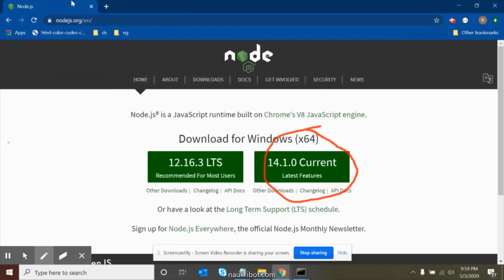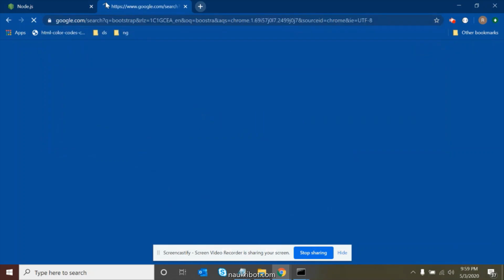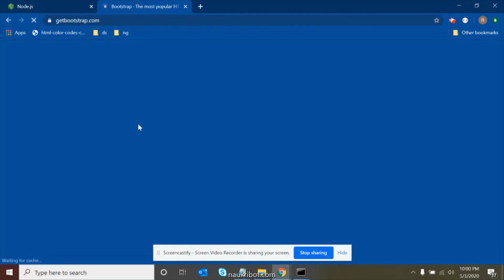Next, we will see what is Bootstrap. So basically, we can search in Google. For now, we are installing Bootstrap 4. We will use Bootstrap 4. This is the latest version of Bootstrap, and this is basically the most popular HTML, CSS, and JavaScript library. What does it do? Basically, Bootstrap is the